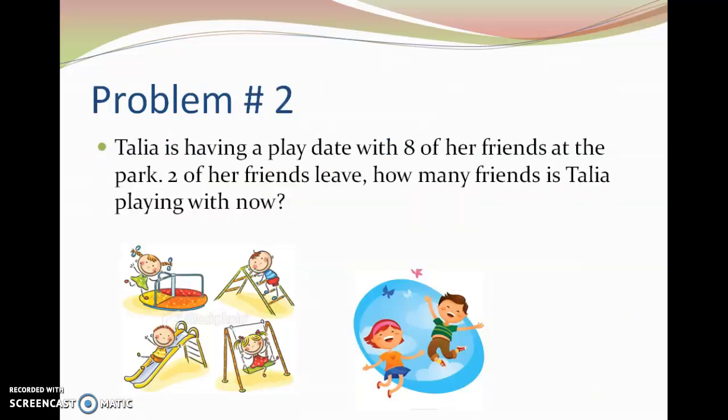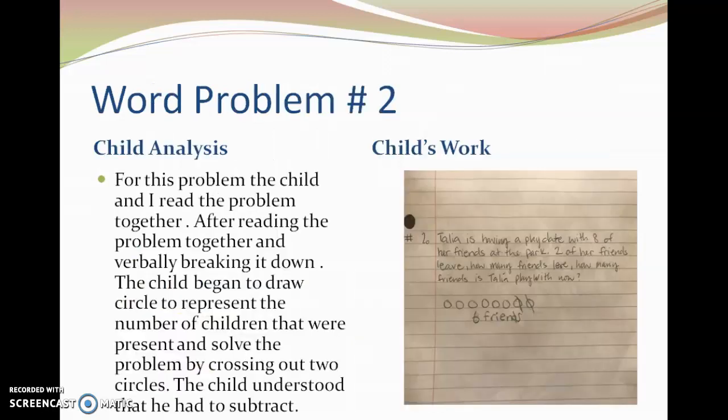This is the second problem. Dalia is having a play date with 8 of her friends at the park. 2 of her friends leave. How many friends is Dalia playing with now? So for this problem, you can see he drew out 6 friends, and we did read this problem out loud together, and I did assist him with this one as well as the first one,